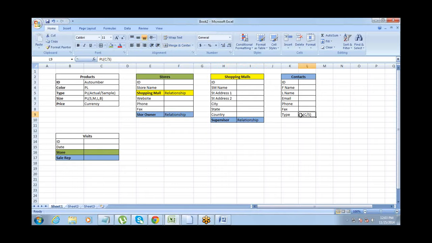That should be an exception. So that is also a one-to-many. One shopping mall can have multiple supervisors. No. One contact can be the supervisor for multiple shopping malls. Okay. Then store and visit.